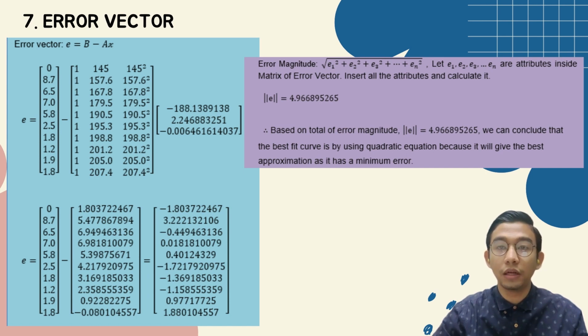So after we got all the values of the error vector, we can also look at the error